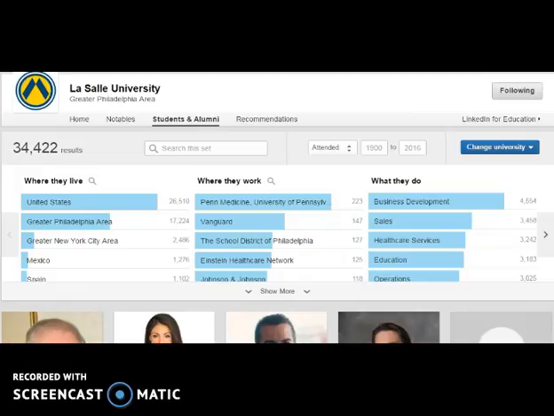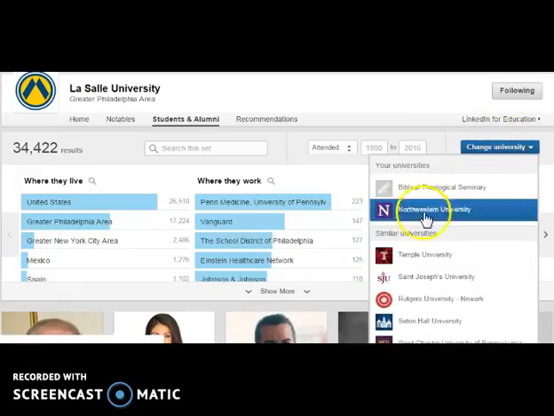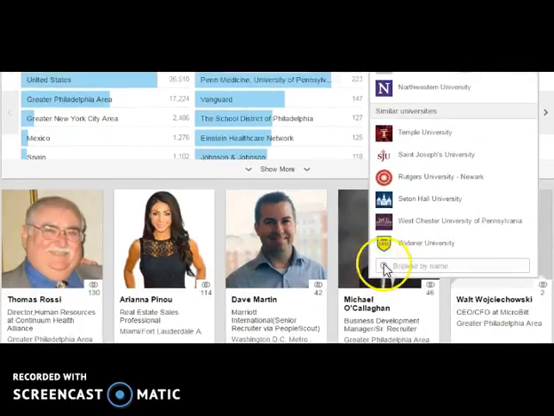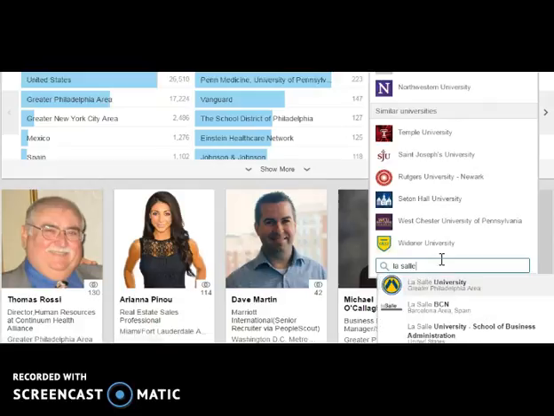LinkedIn is going to pull the information from the school that you have in the education section of your profile. However, if for some reason you want to look at the information for a different school, you can come over here where it says Change University. Click on that, either select from the drop-down menu or begin to type the school name and then select from